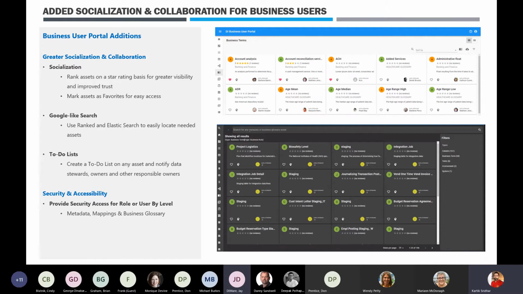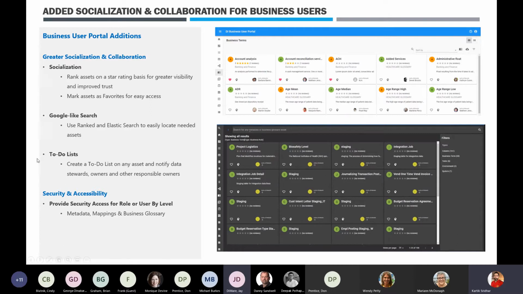So what this means is, you can drill down into an asset, and on that particular asset, let's say you actually need access to the physical table in the repository, or you need to look at the data in that particular table, or you think that you're seeing a lineage, for example, and you think some of the attributes have not been properly mapped, or you have a question on a particular table, or you have a question on a particular term, and you want to reach out to the relevant data steward or to the data owner. You'll be able to do that by creating a to-do request list, and you'll be able to send out a communication directly to the respective individual.